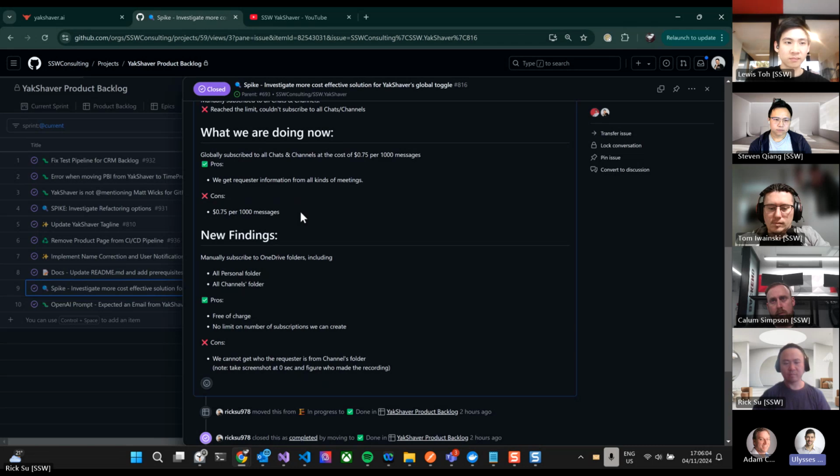But if they want to be able to know who's CC'd in, to have people in a meeting automatically CC'd, we need this. But we found another solution, which is what we were talking about earlier, for our global toggle, because this was also solving global toggle. Global toggle meaning toggling both channel messages and also any other kind of message. Okay. Yep.